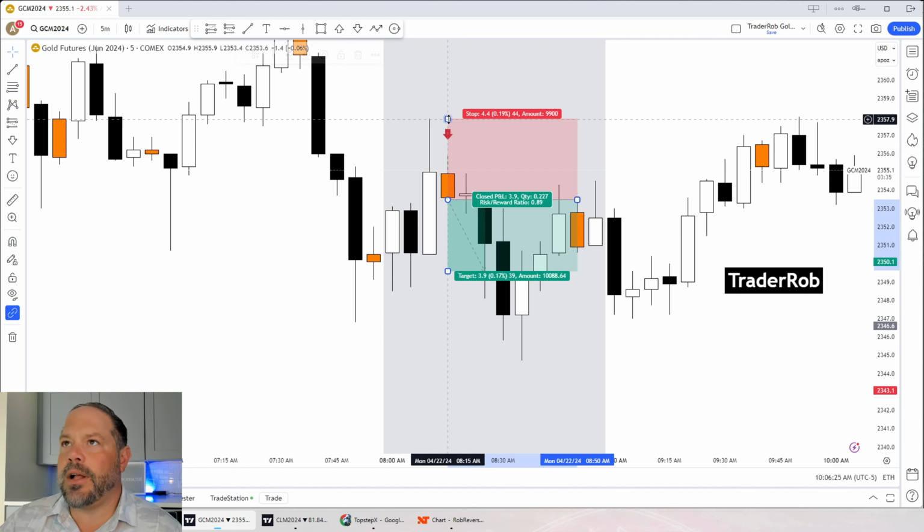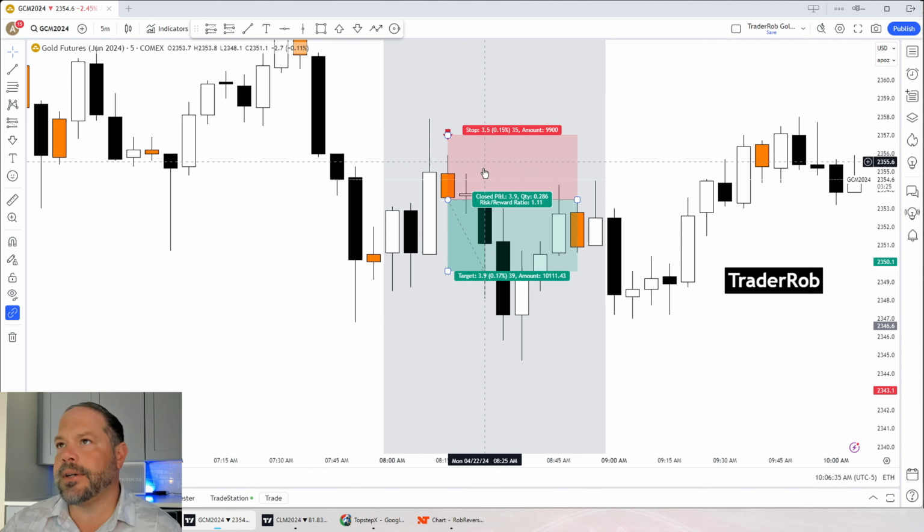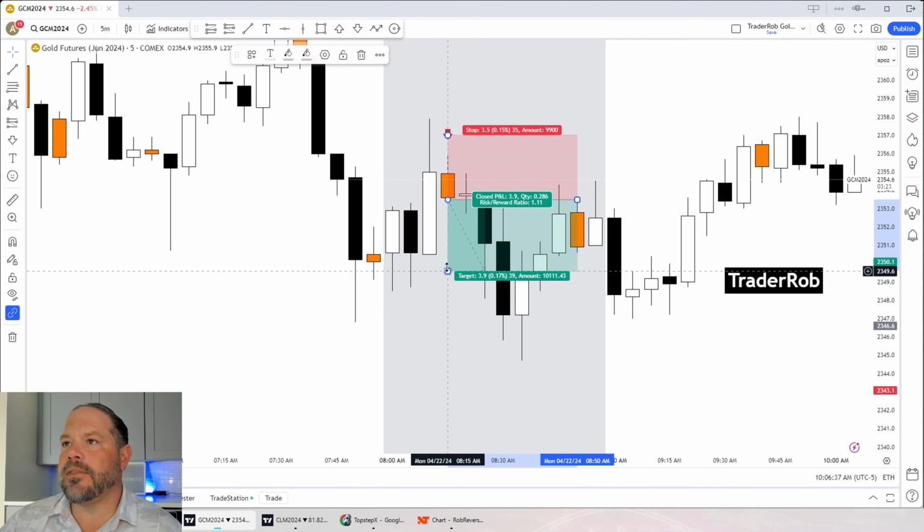And if we put our short position tool right at the bottom of this inside bar, you can see if you go all the way to the top of the source bar, it's 44 ticks. Anything that is 40 ticks and higher, we automatically reduce down to 35 ticks. Look at this arrow. There we go. 35 ticks, and we are looking for 35 ticks of take profit.